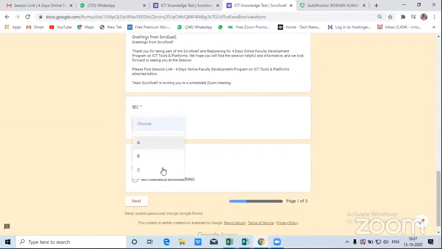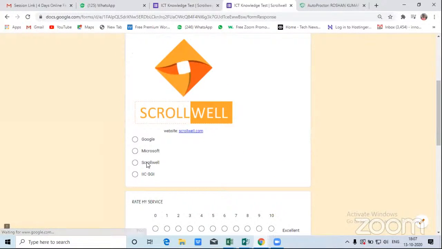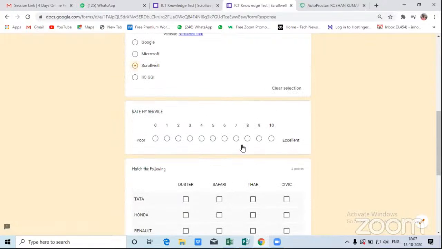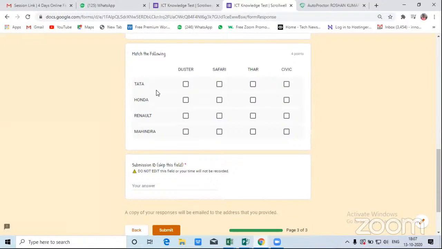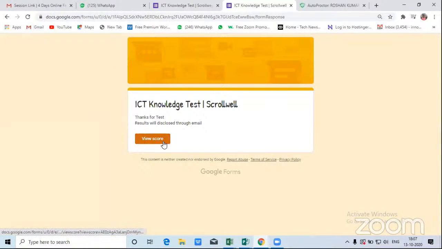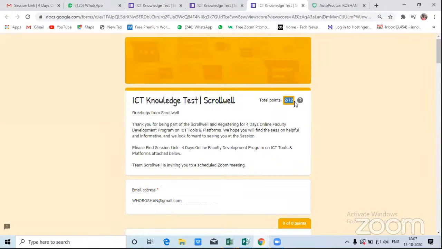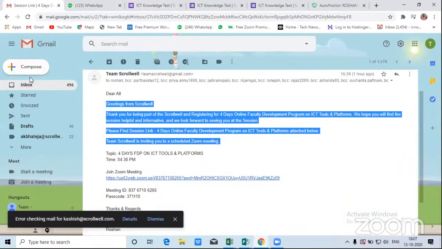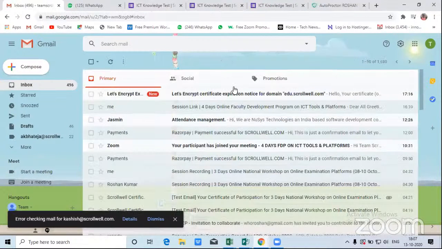This is my contact number section, and this is... and for this... okay, here you can see I have submitted my test and I have qualified it by attaining 2 marks, which is more than 0. Let's see whether I receive a certificate